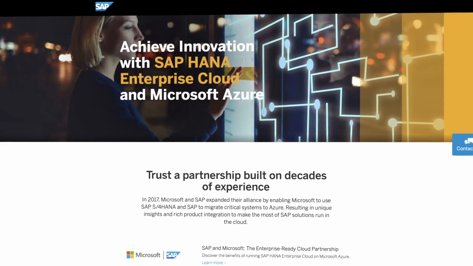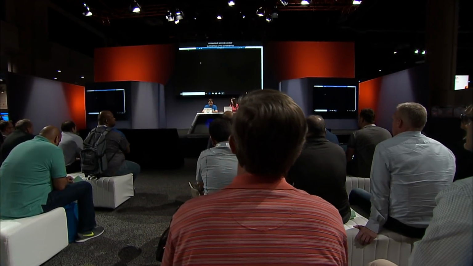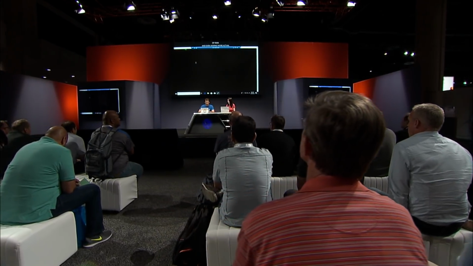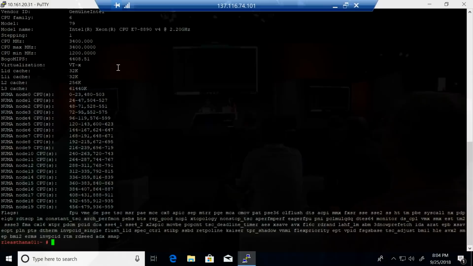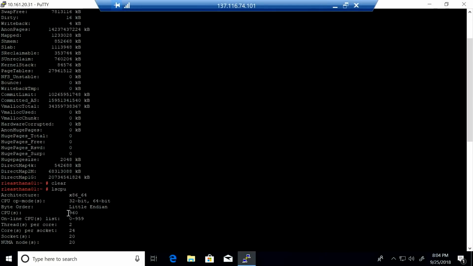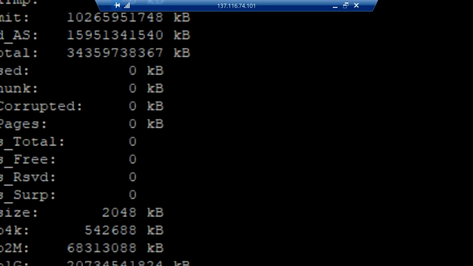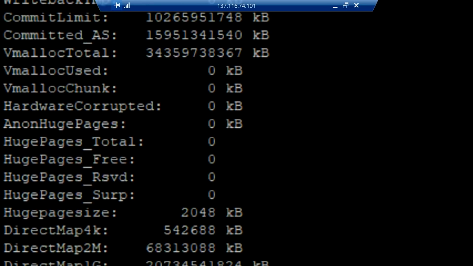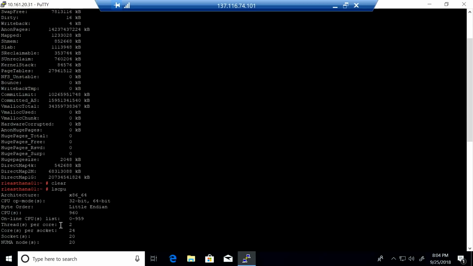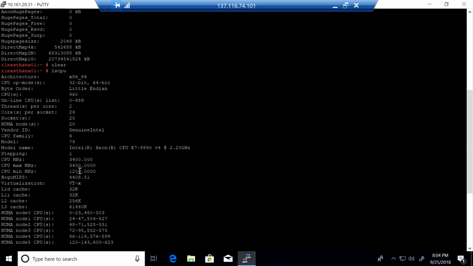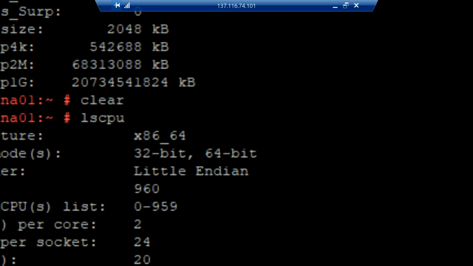So I'm connected here. I'm SSH'd into this SAP machine, and just because I totally like to geek out a little bit here, I'm going to zoom in and show you. Right now, wait, where is it? Hold on. There. I just see lots of numbers. Oh, hold on. Let me re-zoom in. I want to show you the CPU count. There it is. So 960 physical CPUs on this machine.